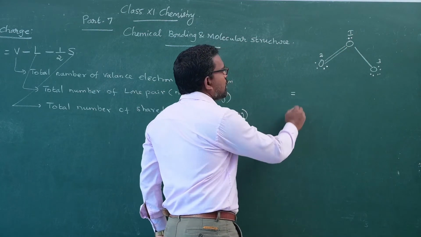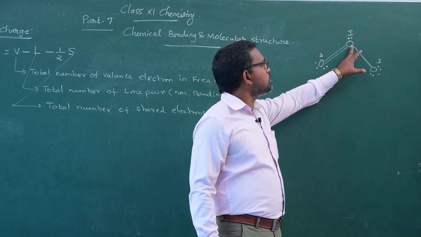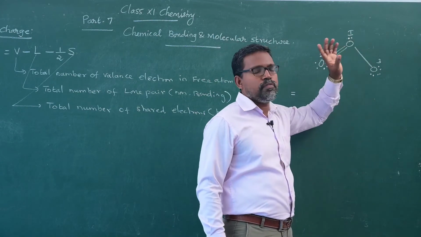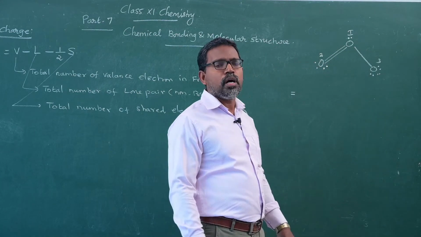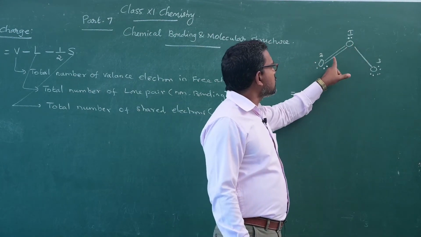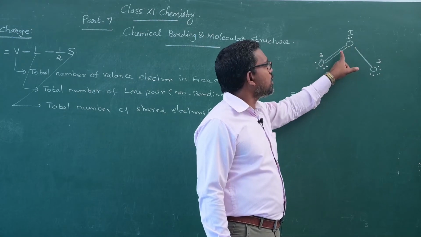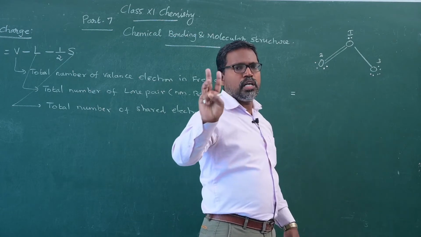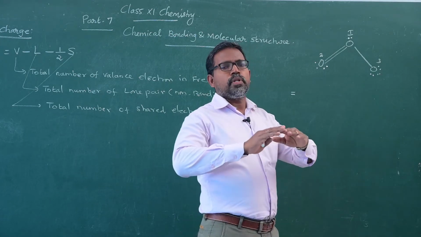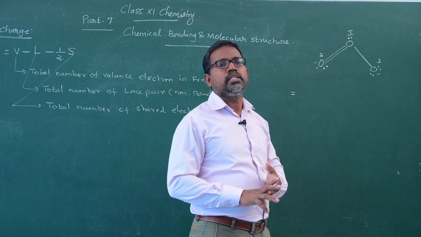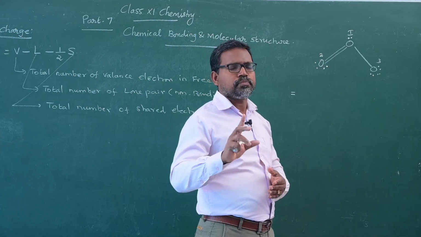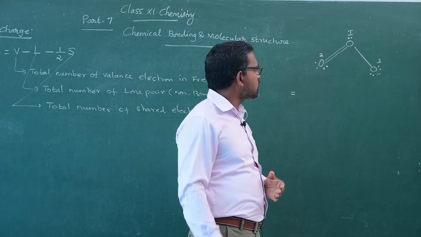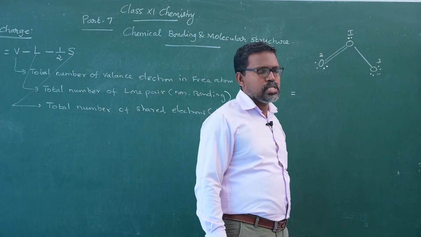This central oxygen atom contains only one lone pair of electrons. This lone pair does not involve bond formation. It is surrounded by 3 bonds: here a double bond and here a single bond. Totally 3 bonds are present, so the shared electrons associated with this oxygen are totally 6. Normally 6 electrons are present in its valence shell.